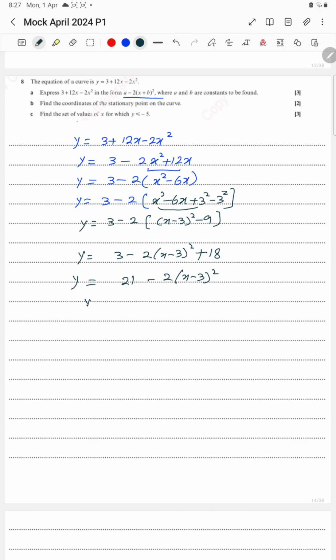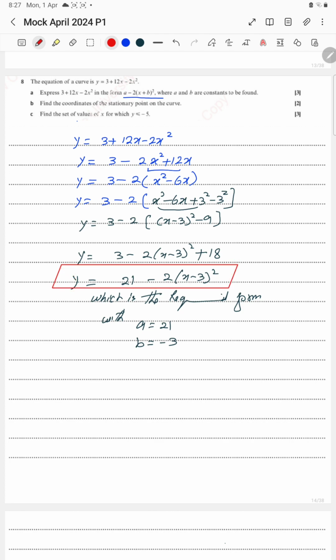Right? Yes, this is the required form, where a is 21 and b is minus 3. I hope it is clear. This is the answer for the first part, a. We have done the a. Now the second case,